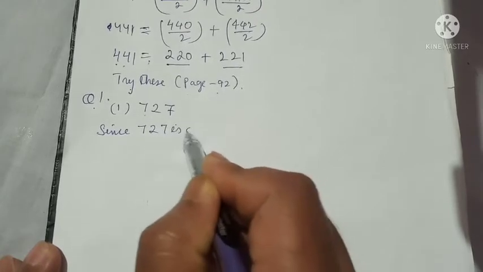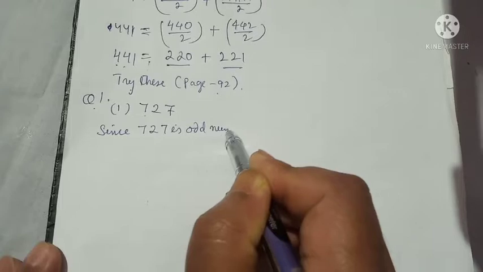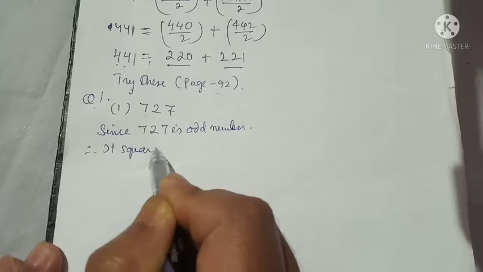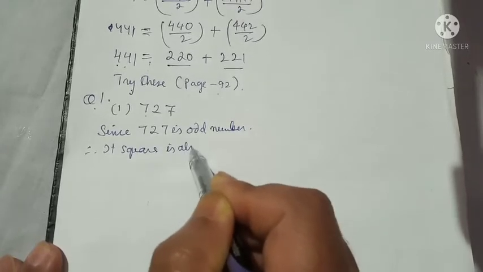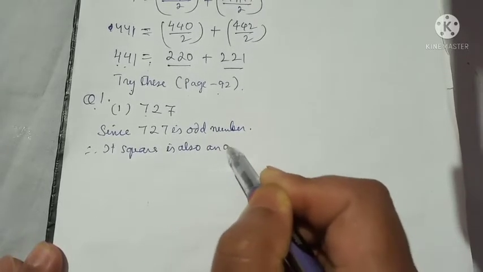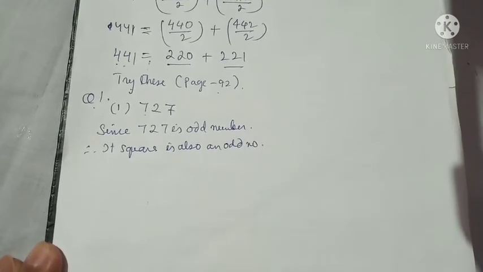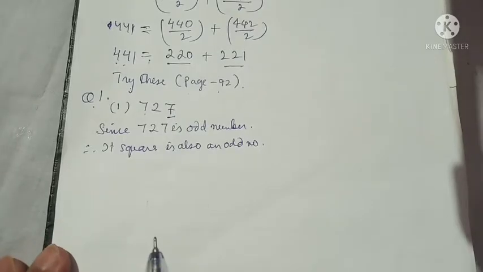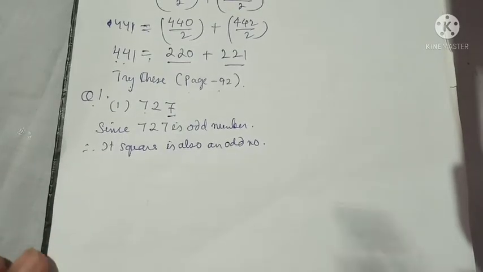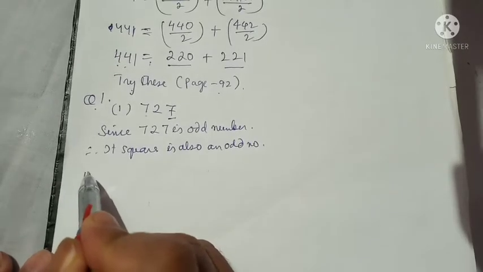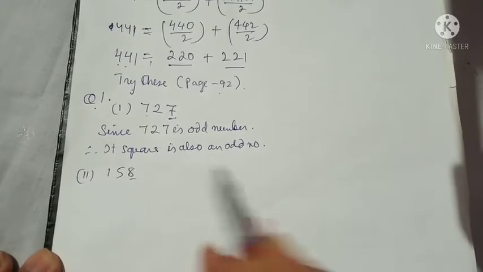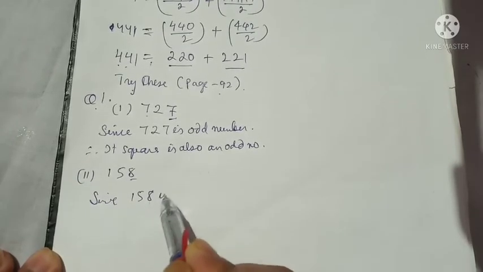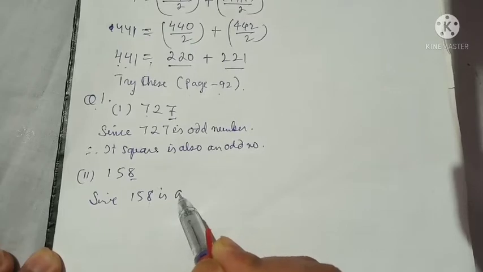Okay, since 727 is an odd number, its square is also an odd number. Understand? Here is an odd number, so if we take the square of this, 7², it will be an odd number. And let's see one more example, 158. Here is an 8. Since 158 is an even number,